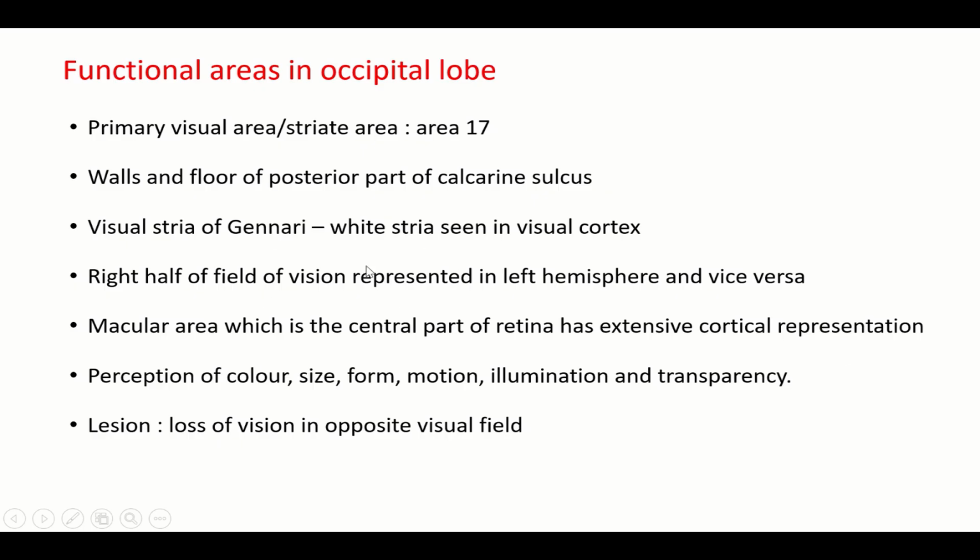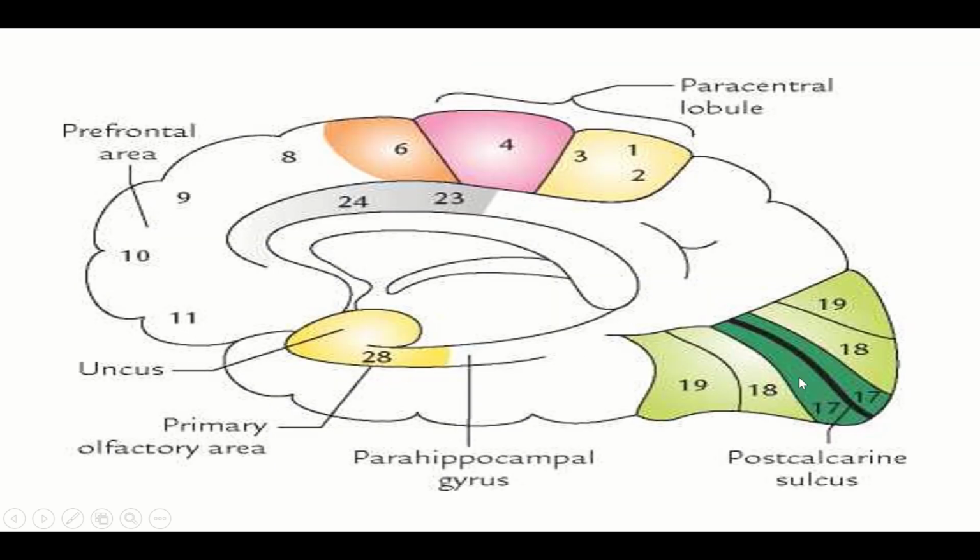So this is the primary visual area. It is mainly concerned with perception of individual stimuli like color identification, size, form, motion, illumination, and transparency. But this will not help you to identify what you are seeing. It will only identify the color, size, form, motion, illumination, and transparency. Lesion will result in loss of vision in the opposite visual field. So this is the primary visual area within the walls and floor of the posterior part of the calcarine sulcus,